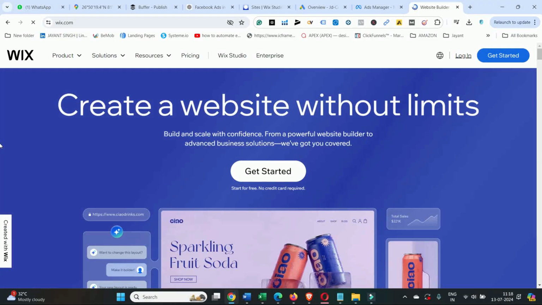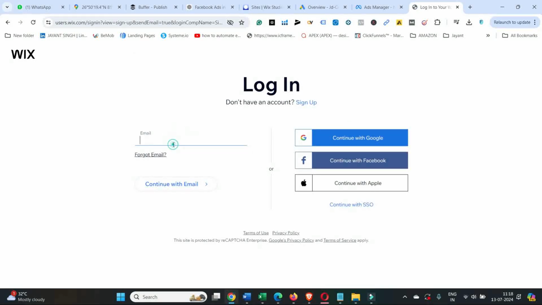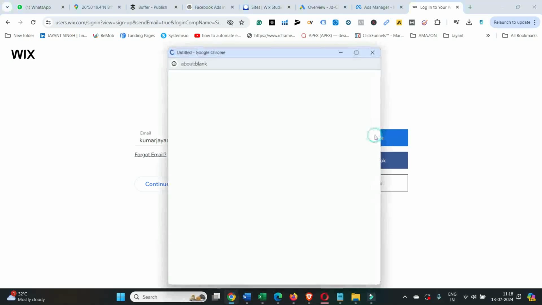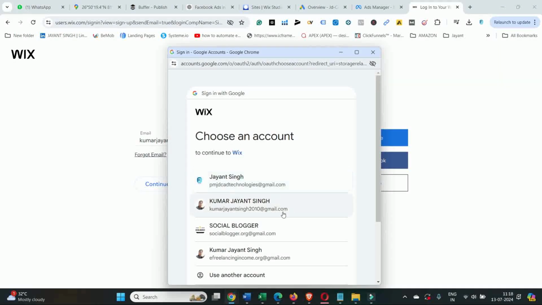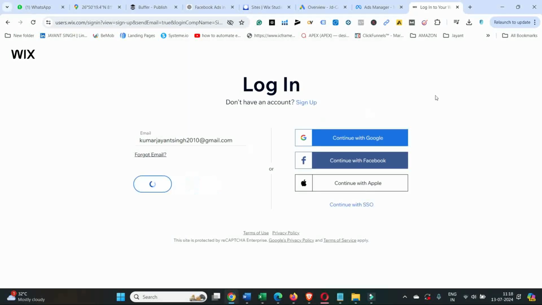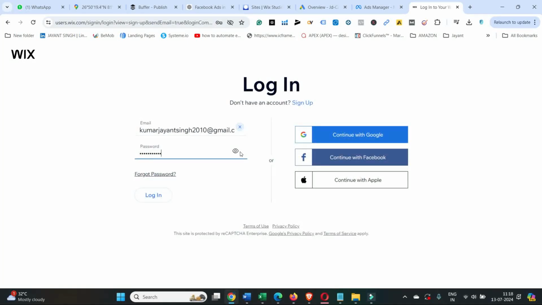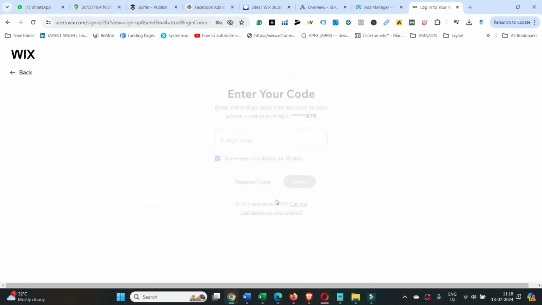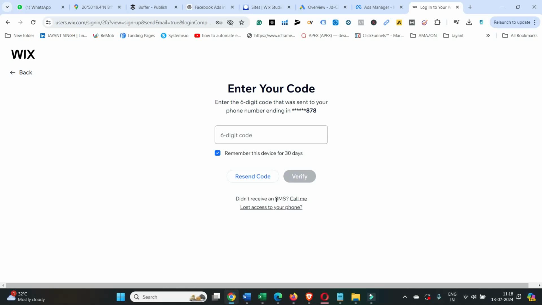First of all, you need to log in inside the Wix website. Just go to login, then put your email address, then also continue with Google. In this way, you can just log in inside your Wix. After having logged in inside the Wix,